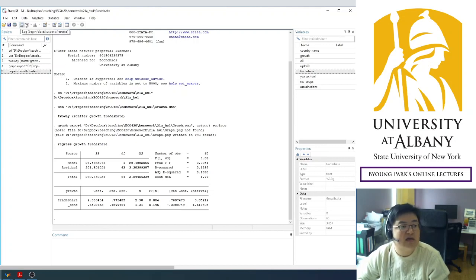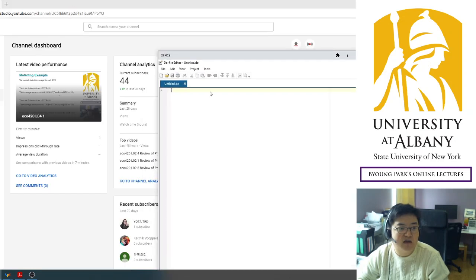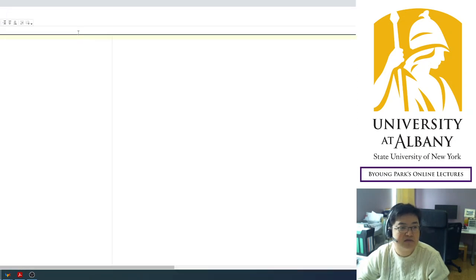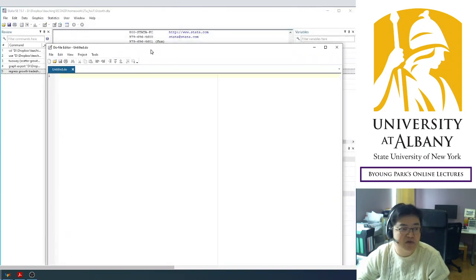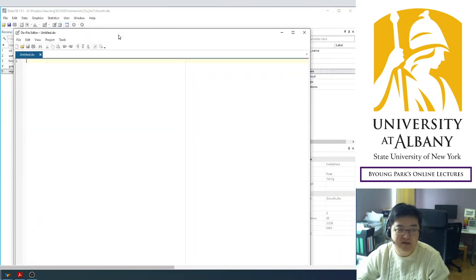The key idea here is this file, the do file. So click this, then you are going to get another editor. This is like the Notepad in Windows. Basically this is the same thing, but what we are doing here is, instead of